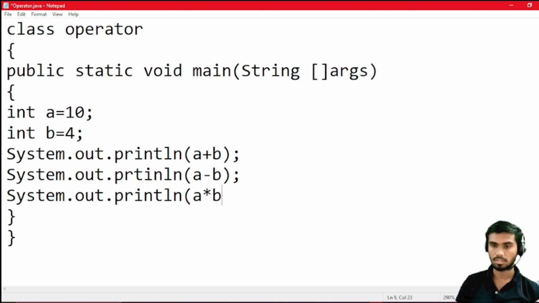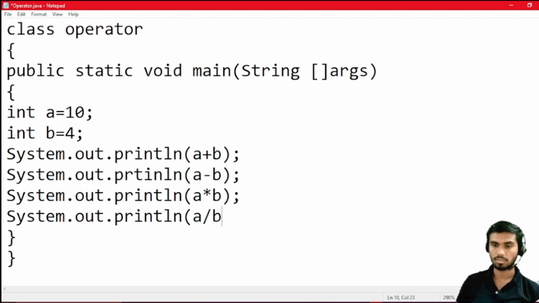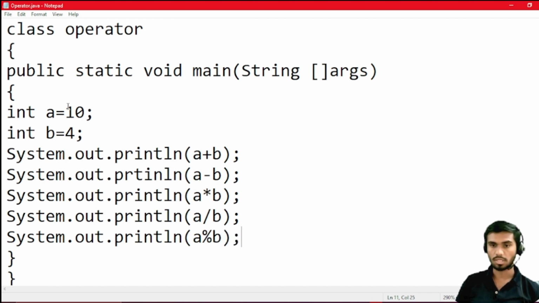Here is a multiplied by b, and a modulus b. All right, so here are all the arithmetic operations we are using, and